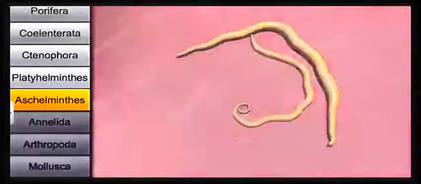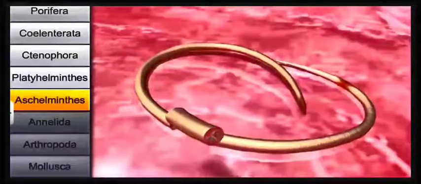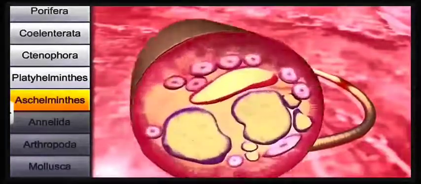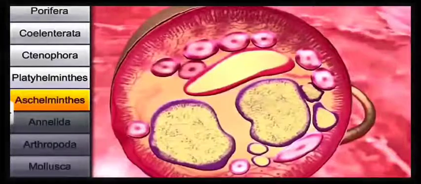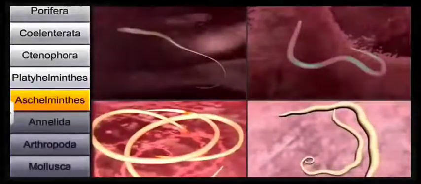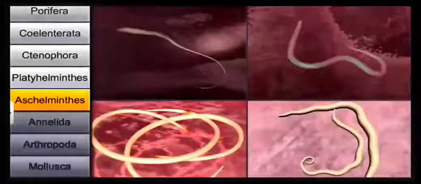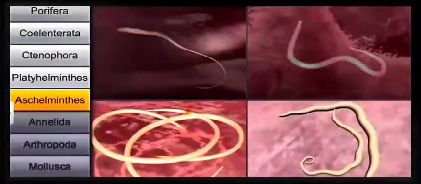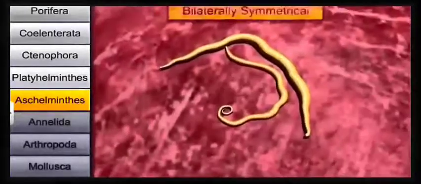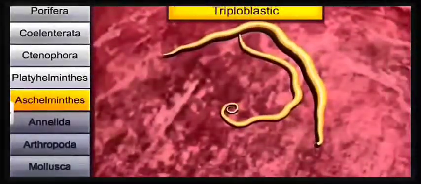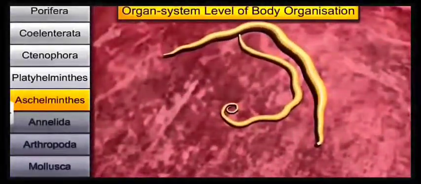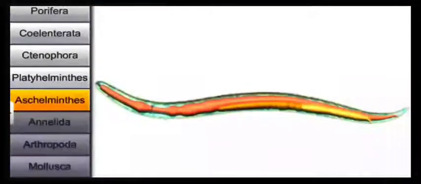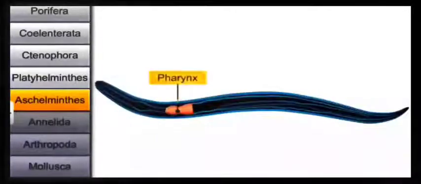Now next phylum is Aschelminthes, or they are also called Nemathelminthes or Nematoda. They are roundworms. Their body is round. So their characteristic features, you can see they may be freshwater, marine, or they may be endoparasite, or they may be free living. Endoparasite in both plants as well as animal. They show bilateral symmetry, triploblastic, pseudocoelomate animals, and they show organ system level of organization. They are the first animal which have well developed digestive system with a muscular pharynx,